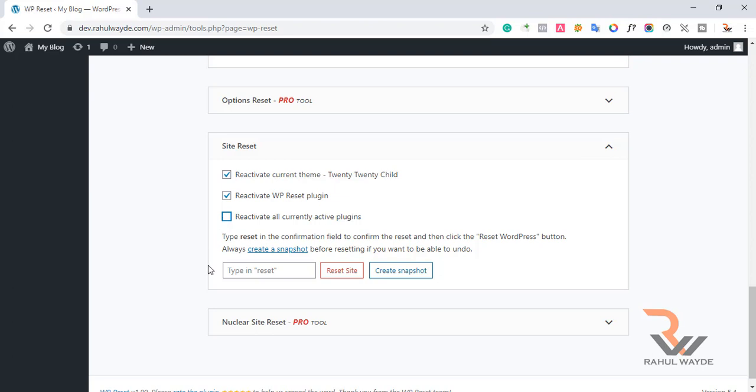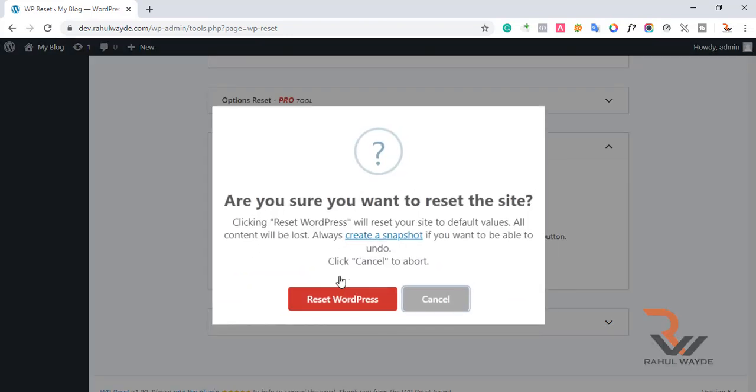The last thing we have to do is click here and type reset. Before you do reset, please make sure that if you want some data from your posts and pages, you must take a backup, because once you click on reset site, all the posts and pages will get deleted from your server. So I will come and reset the site.